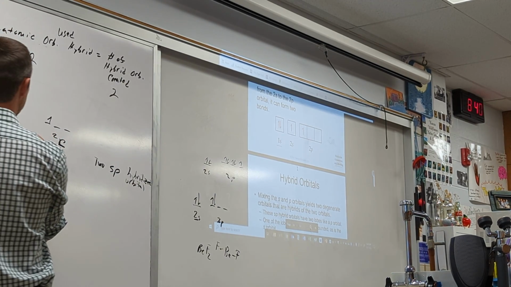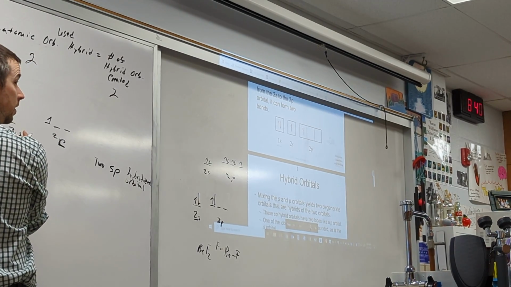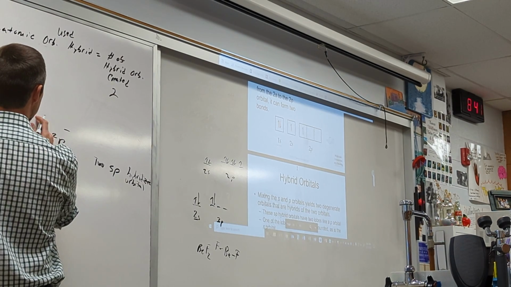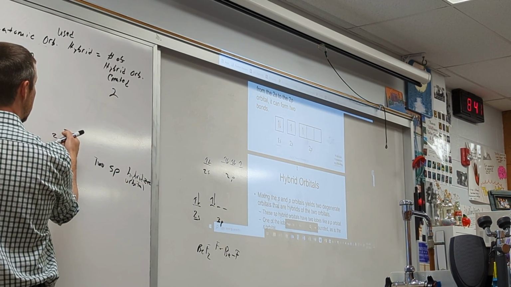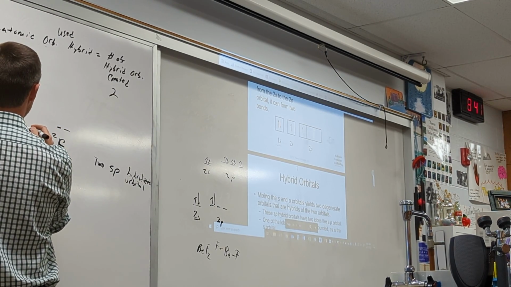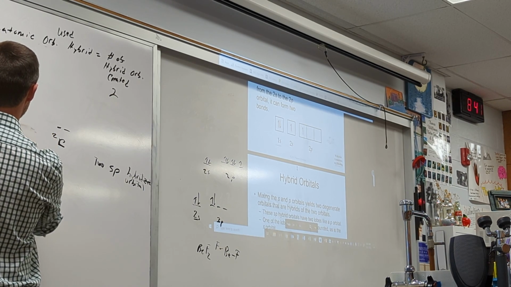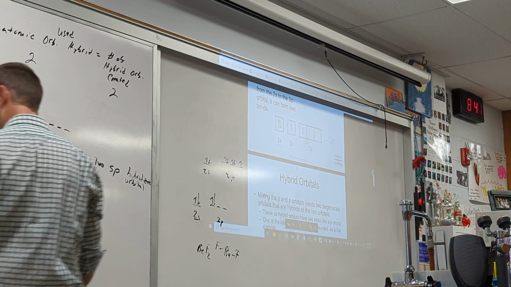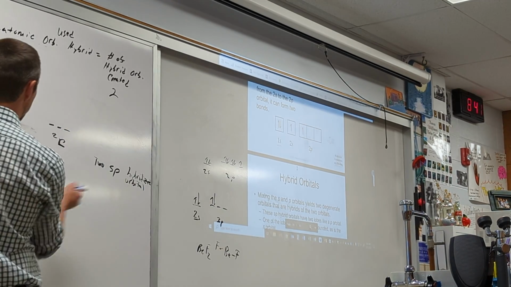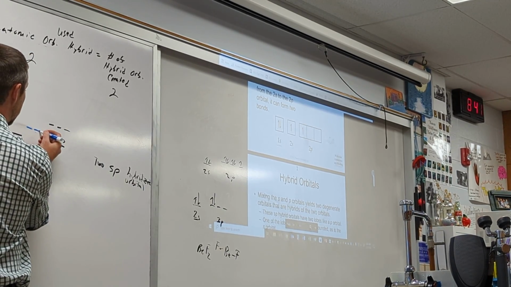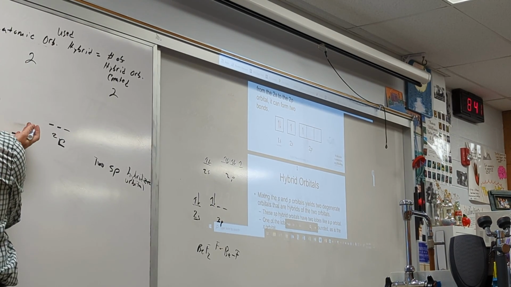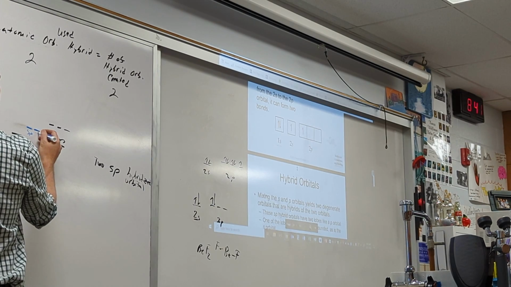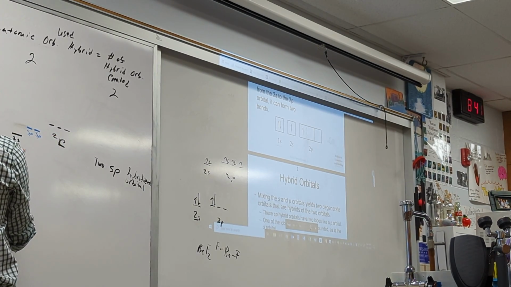Now, in general, what this means is the 2s is no longer there because we've mixed it, and the 2p no longer is in essence there as well, except for two positions. So let me try to draw it with a different color. When we mix these orbitals, they're going to come out to be right here. They're going to be greater in energy than the 2s and lower in energy than the 2p. So these are the sp hybridized orbitals that were created.